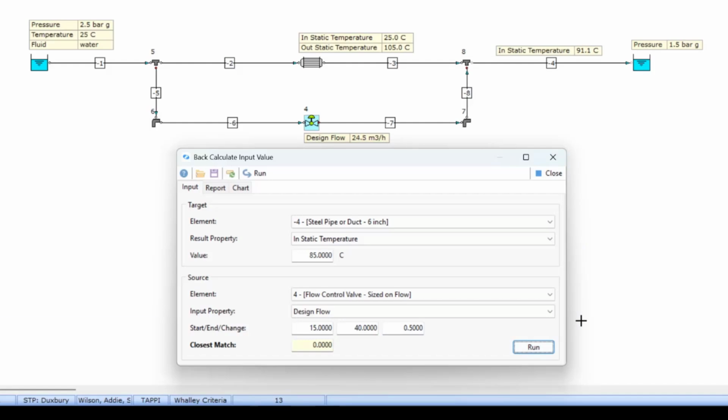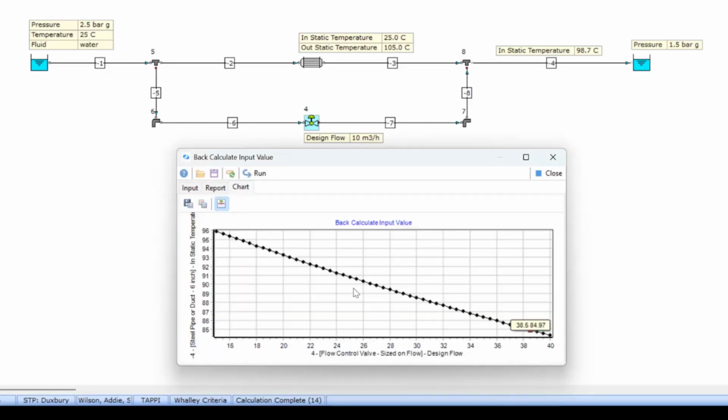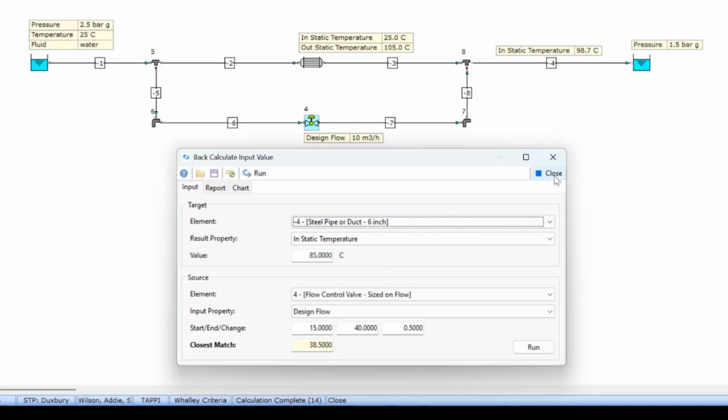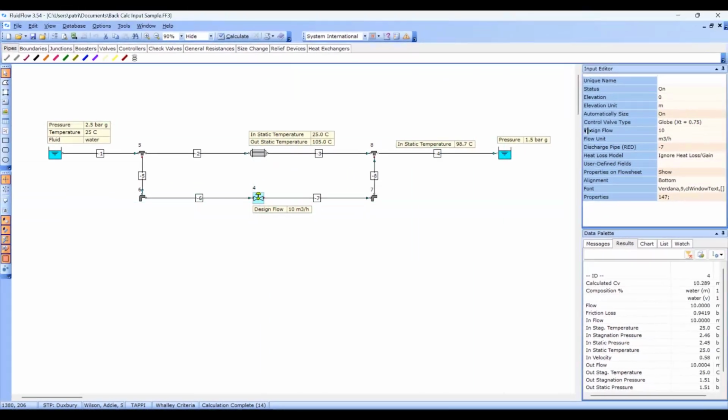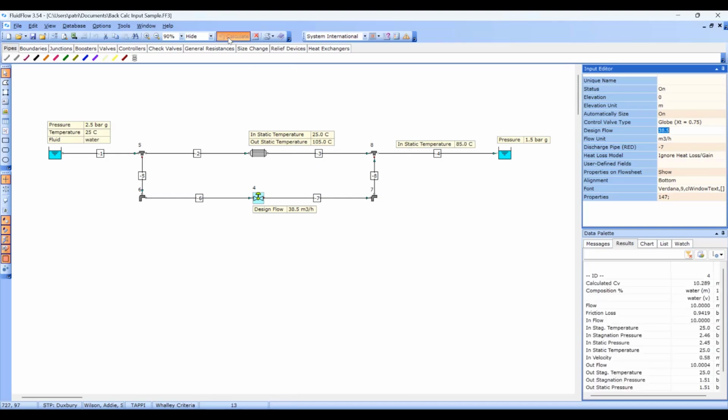FluidFlow will automatically iterate through the flow values, updating the flow sheet in real time. When the calculation finishes, the closest matching flow is displayed. You can also view detailed results via the Report and the Chart tabs. Now that you have the closest match, you can then enter this value into the control valve's Design Flow field using the Input Editor. After clicking Calculate, you'll see the temperature at pipe -4 is now 85 degrees Celsius as